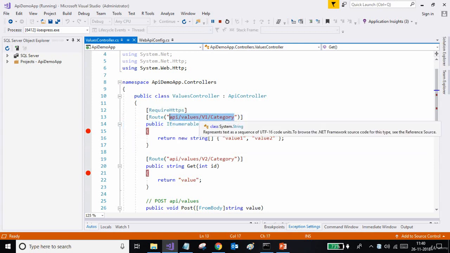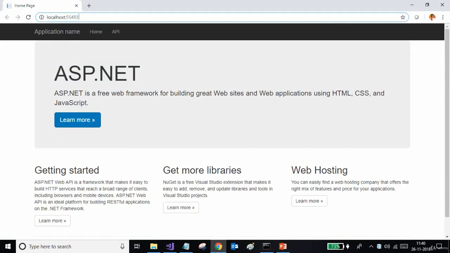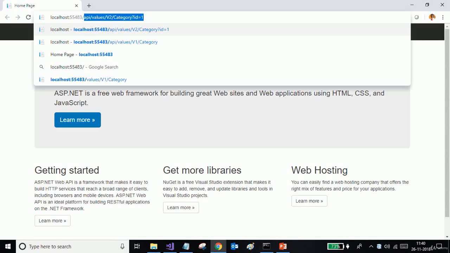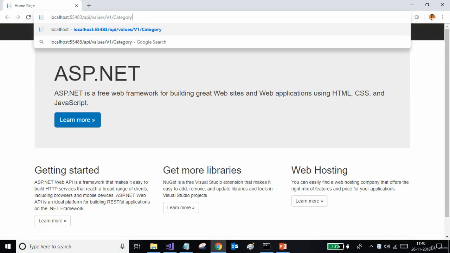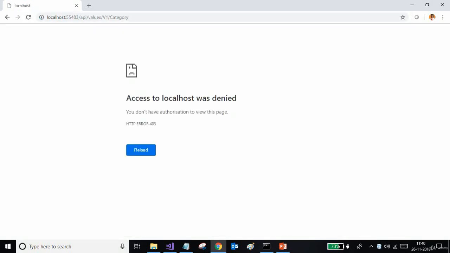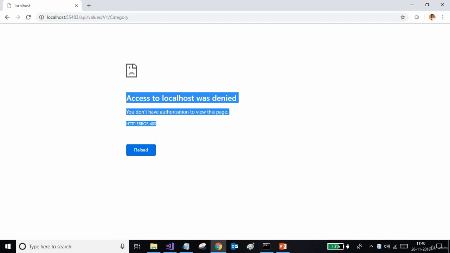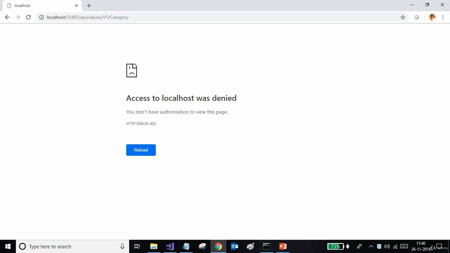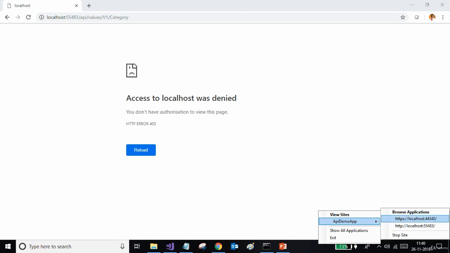Okay, so let's go here and call this method which can only run on HTTPS. You can see here the authorization filter is stopping this request. Now we need to run it on HTTPS. For that we need to go to our development server and open the HTTPS URL from here, and then